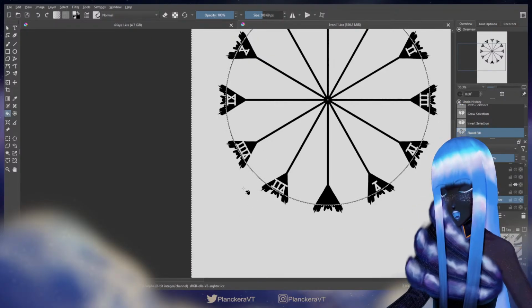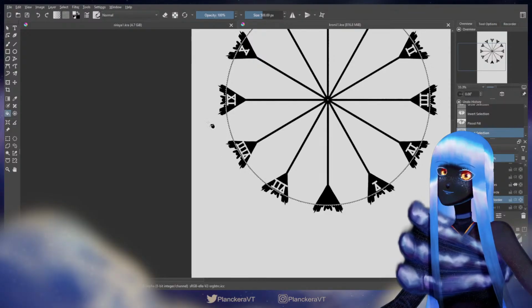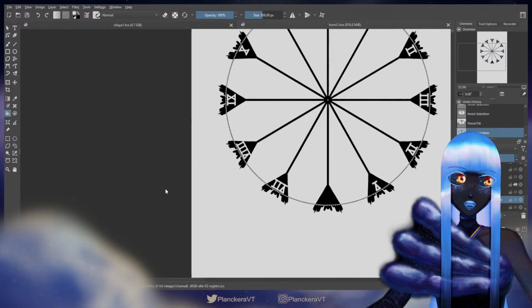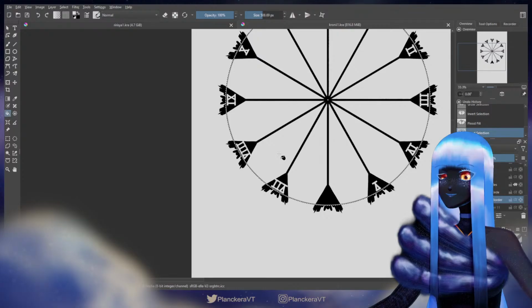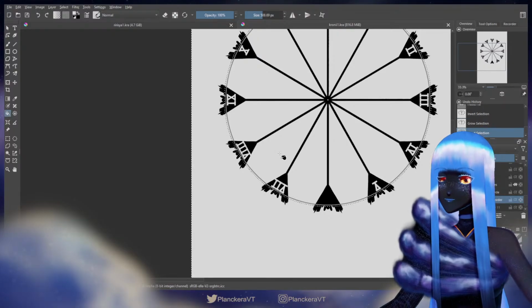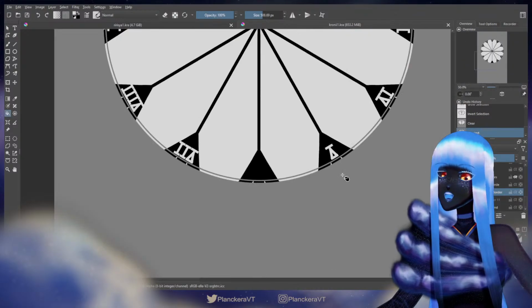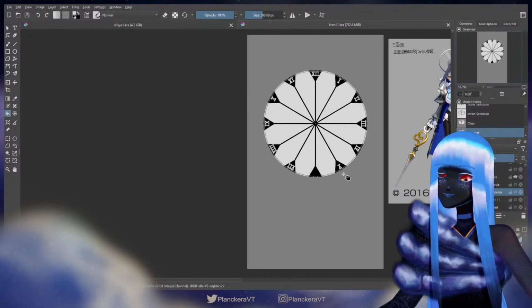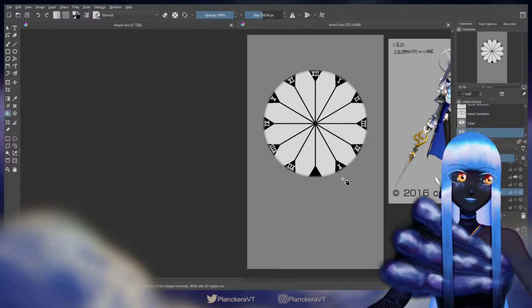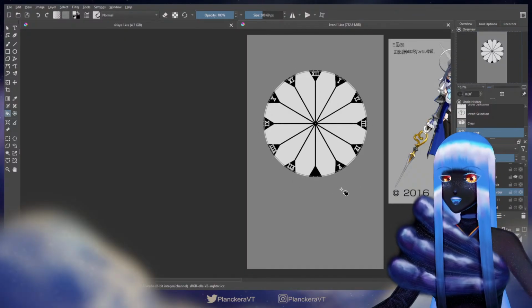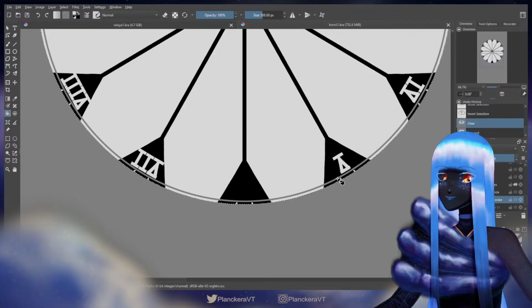But this is the easiest way I've found to do this kind of thing. I really, really like making patterns like this. I'm making it all look very technical right now, but I've never felt like it's super technical. I just like doing it like this because it's faster than me freehanding it. How does that look? I think I like it. I'm going to get rid of the black parts that are currently overlapping there, but I think I like the idea. So let's continue.